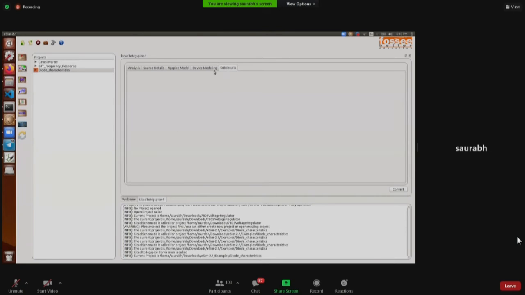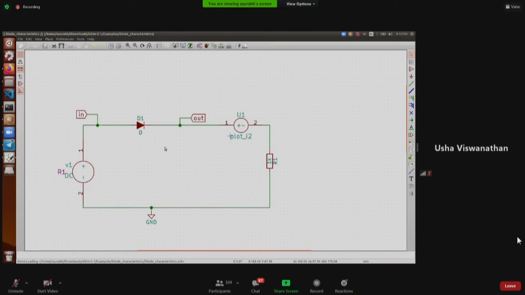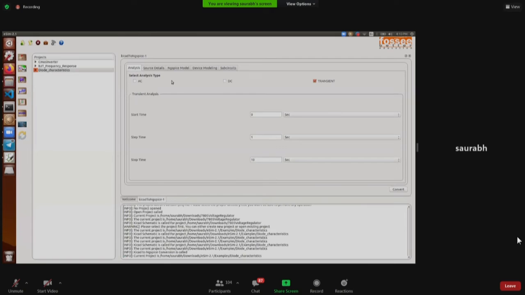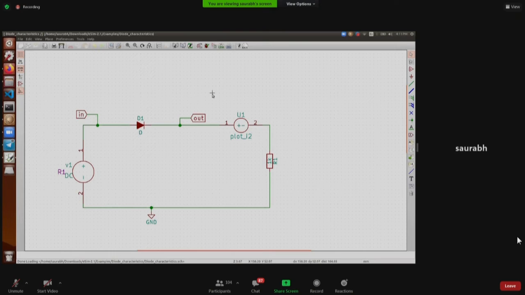And subcircuit feature is used when you have an IC or a specific component which is to be used repeatedly in some other circuit. The best example would be an op-amp. You can create your own op-amp using transistor logic or some other logic, or you can write the subcircuit file for it and use it multiple times for different circuits. So this is quite a common method. I think many of you might already be familiar with subcircuits. A device model will be covered by my colleague Gloria and our former intern Sumanto.